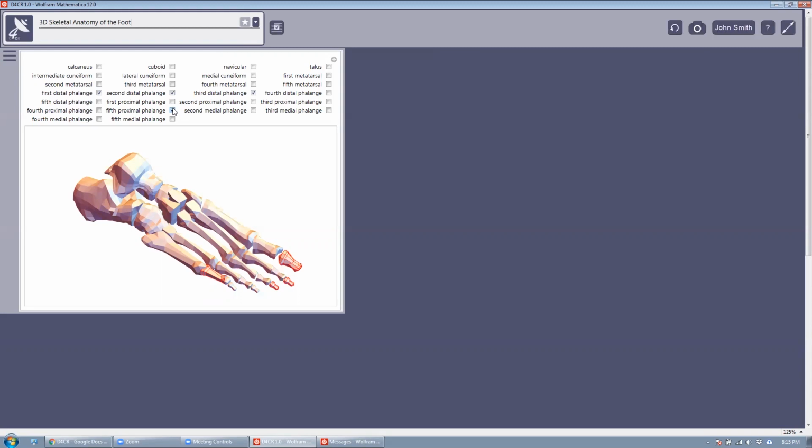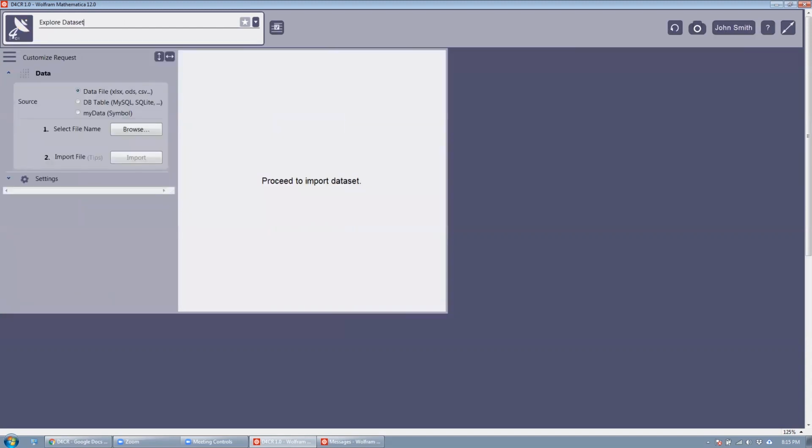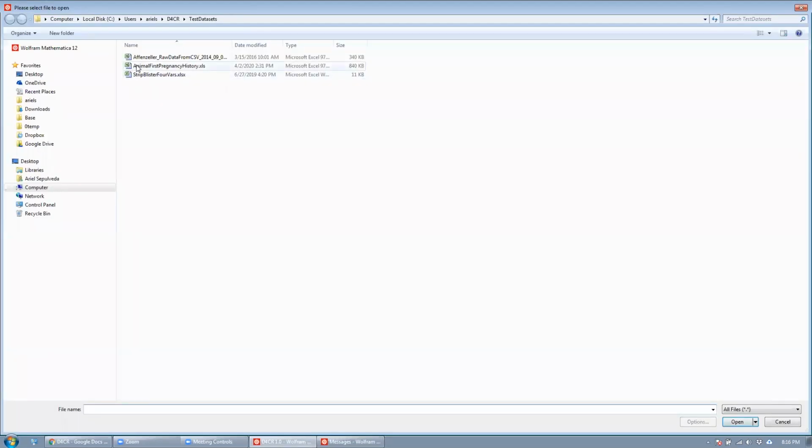More important than that is that you can also analyze your data. So we have ways to explore your data set. You just type explore data set. You either select a table from a database or an Excel file or some other format data. Let's, in this case, pick this